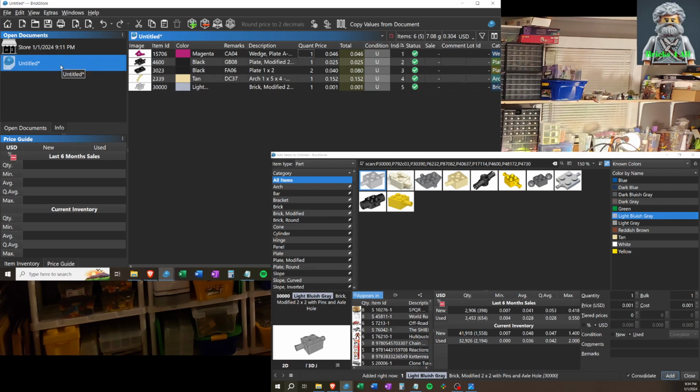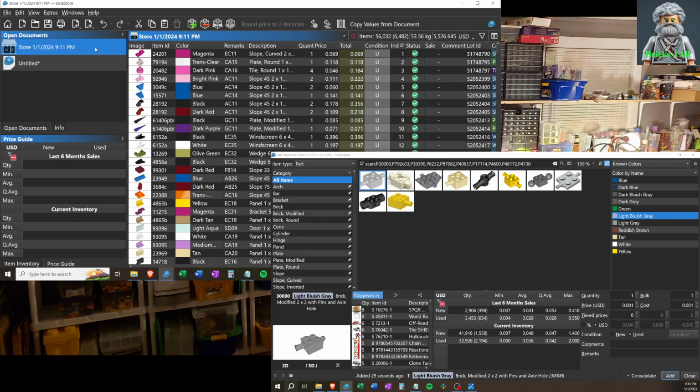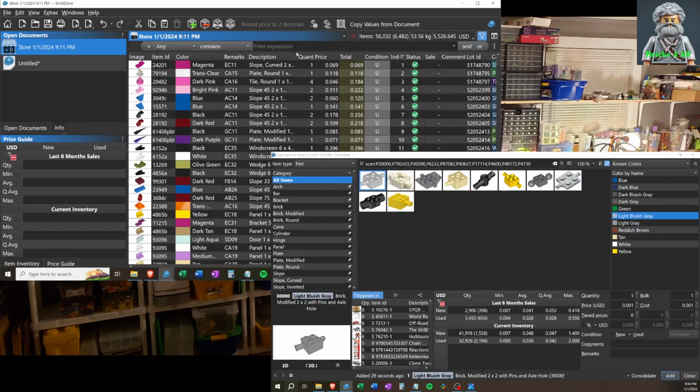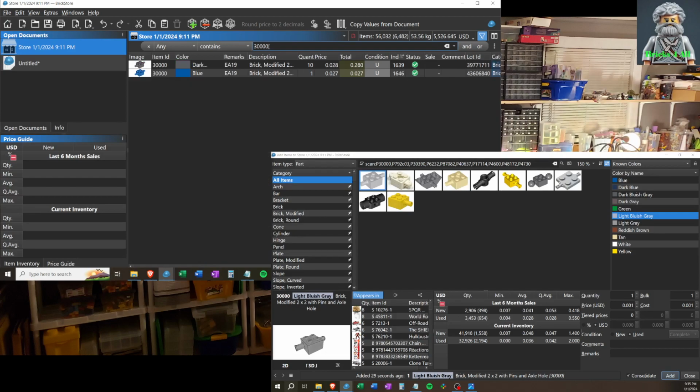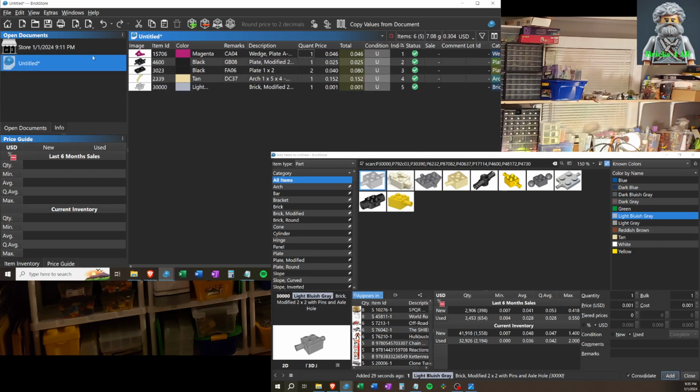One thing that I do quite a bit is I combine colors. If I have small piece counts, I keep the parts together in the same drawer. So I will click over to my store, I will put a filter on it, and I will filter and look for 30000. And it tells me that in drawer E819, I have 10 of those in dark bluish gray, one in blue, and well, now I have one in light bluish gray. So I will add EA19,